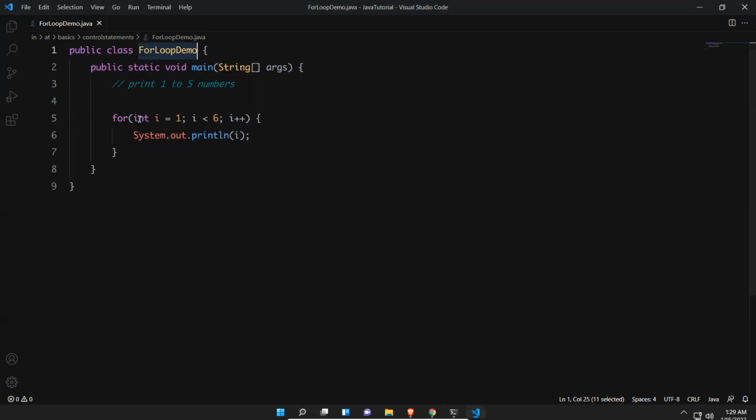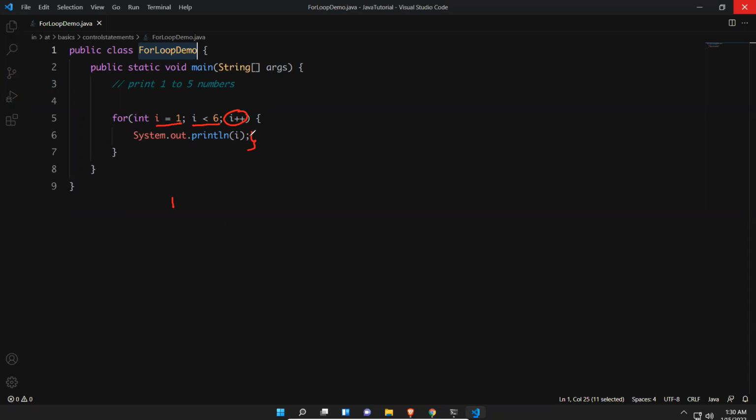Now how will it execute? For the first time, first it will initialize this value: i equals 1. Then i less than 6? Yes, 1 is less than 6. It will not go here, it will go here and print 1.